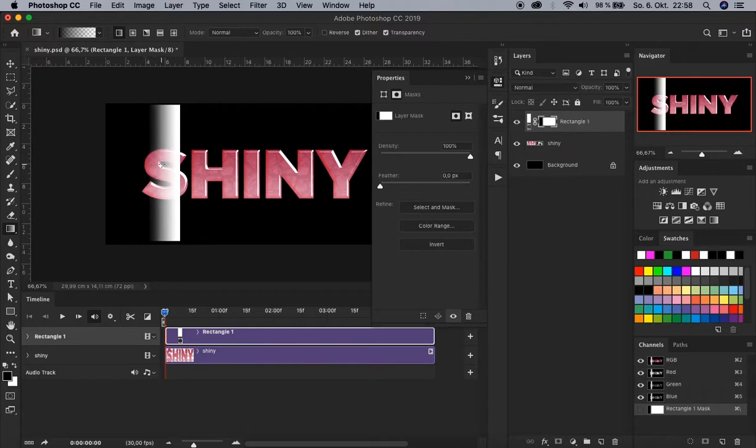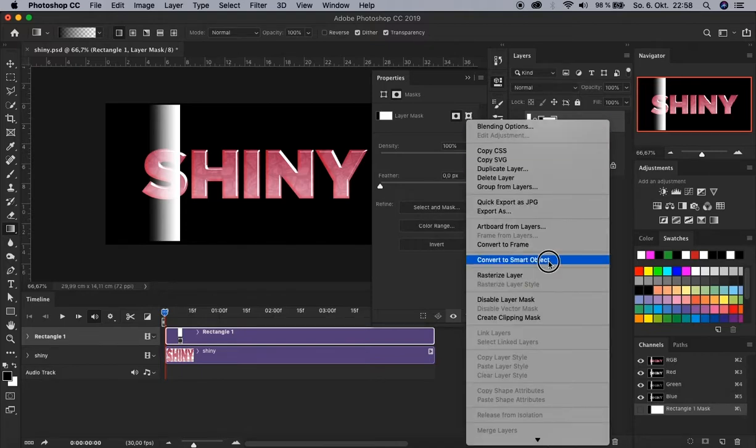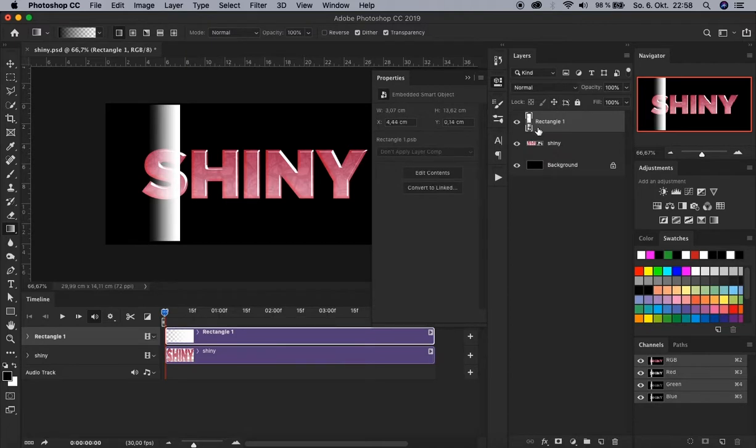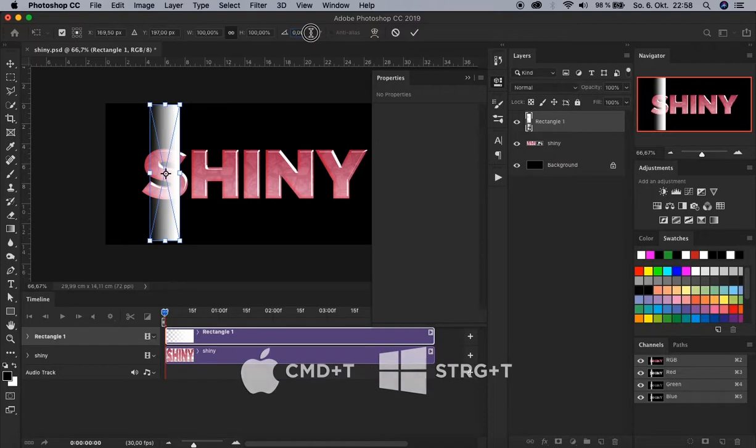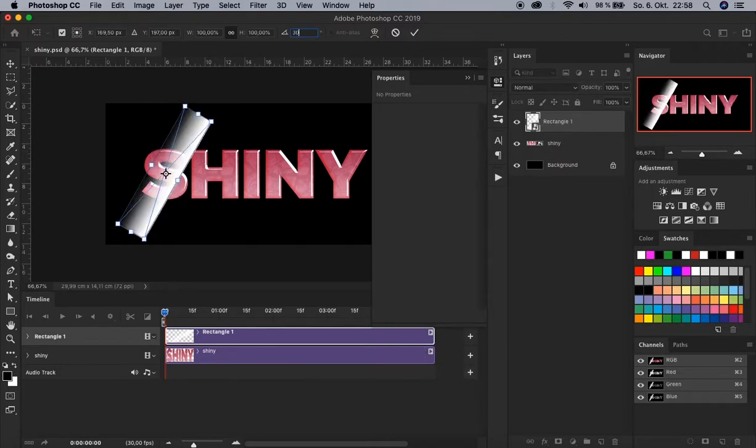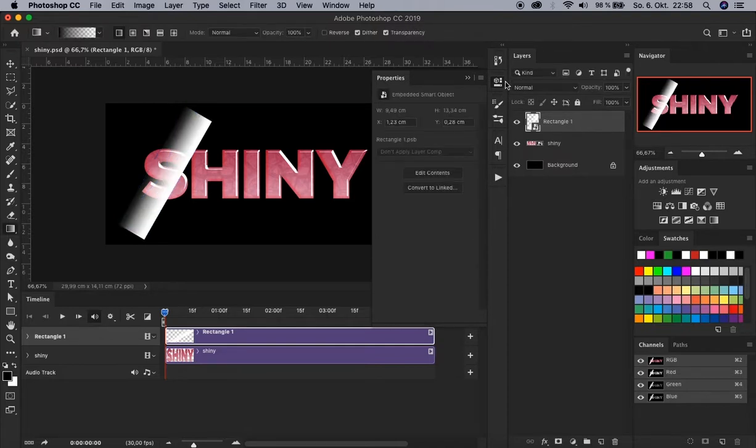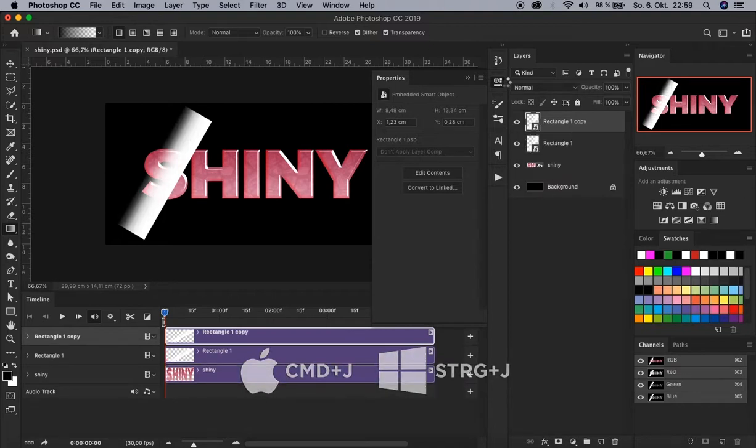Here, there you go. And now we convert this into a smart object by right click and convert to smart object. And now let's tilt it a bit. Hit Ctrl T or Command T. And for the value, let's choose something simple. Let's say 30 degrees. Yeah, that looks good. And confirm. And just duplicate this layer by Ctrl J or Command J. There you go. And what we have to do now is to give these two smart objects different kind of